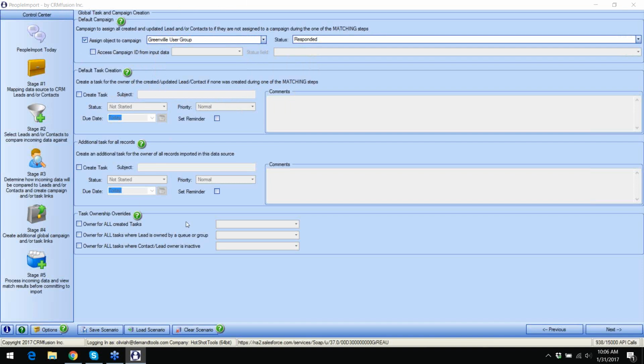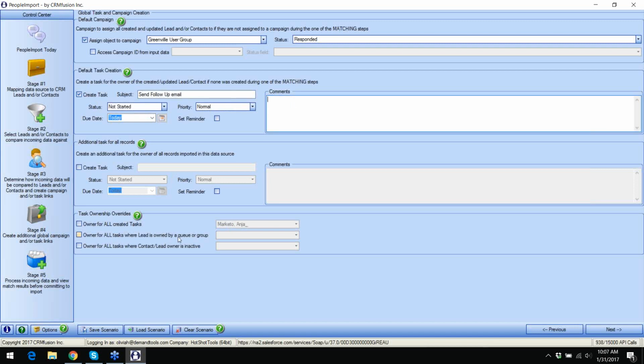You can do overrides for that, though, because if you're thinking, well, I want all these tasks to go to my marketing person so she knows what to send out and she knows what people to work with, you can say, all right, fine, the owner for all these tasks is going to be Anya because she's our marketing person and she takes care of that stuff. Or maybe you're thinking, all right, fine, I don't mind the owner of the task being the record owner,